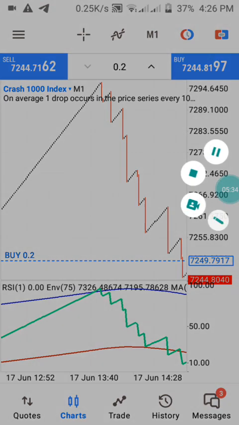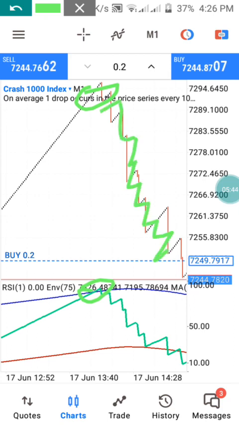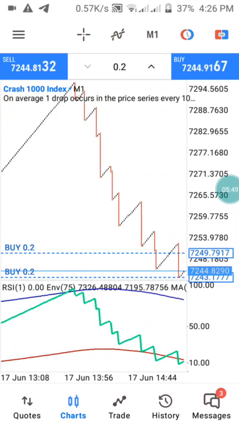So you are going to enter at this particular level, around this area, and you can keep on taking your spike as you want. In taking spikes, you don't need to set up a take profit. Sometimes if you know that the spike really gives out a long spike, you can easily take your profit. But if it's just little like what we have here, know that the spike is still